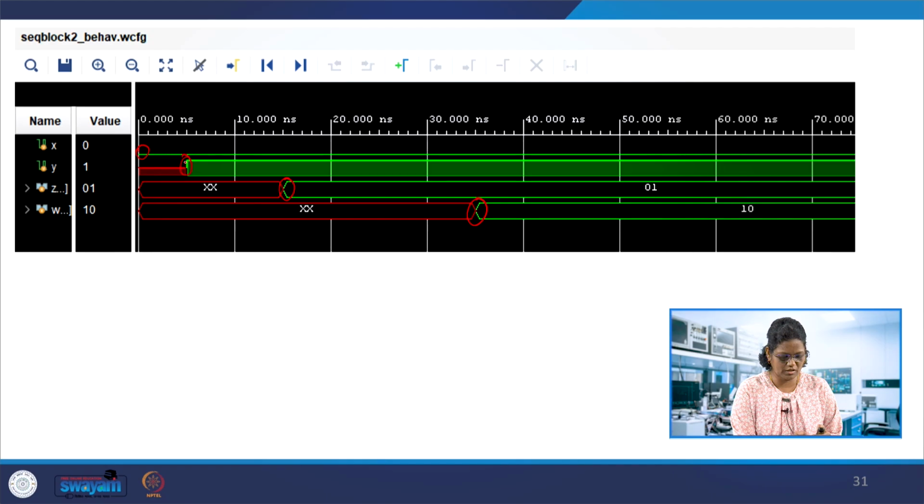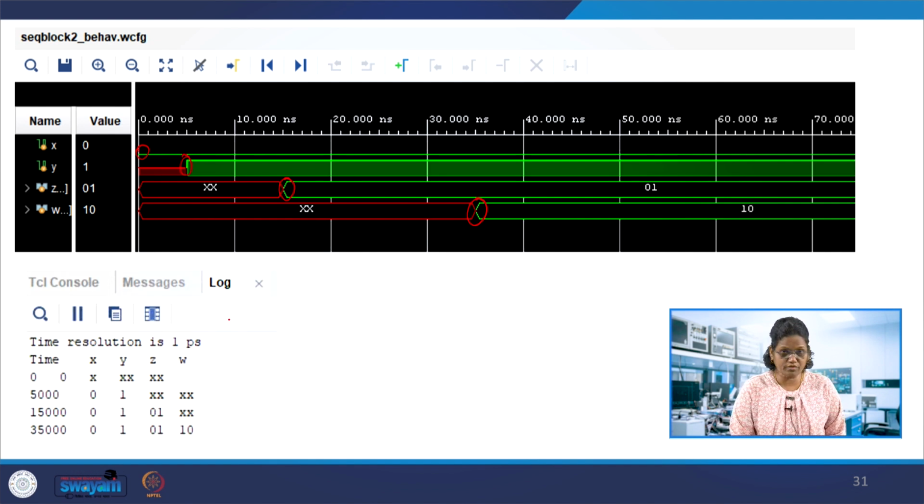So with the help of this timing control, the delayed evaluation with blocking assignment, you can delay the assignments, evaluation and assignment as well. The blocking assignment can be seen at 5 and then 15, and then at plus 20, so 35 the change.